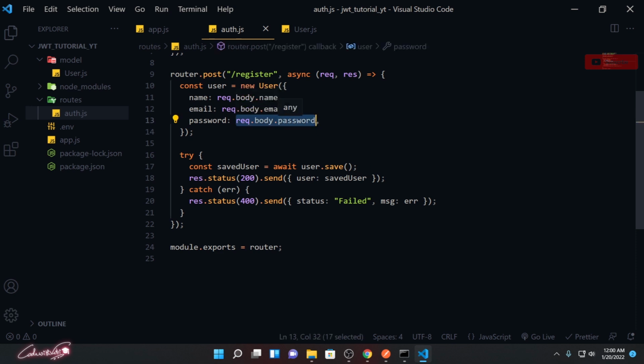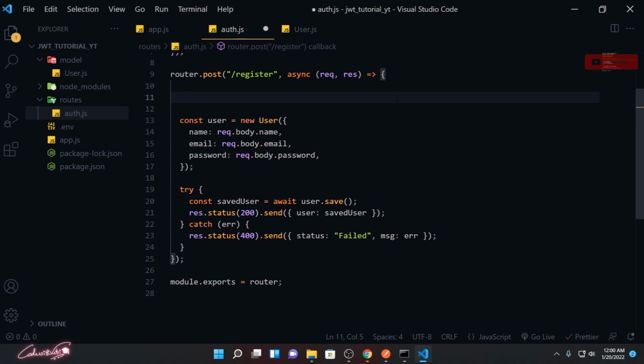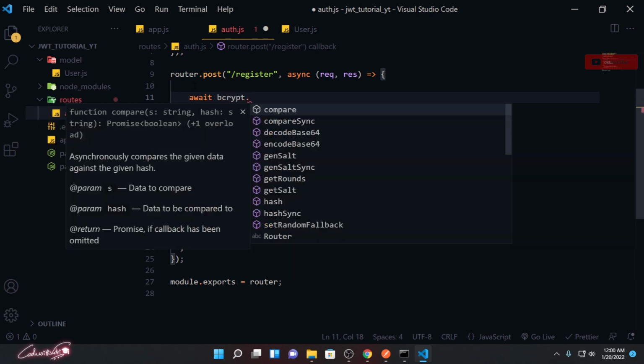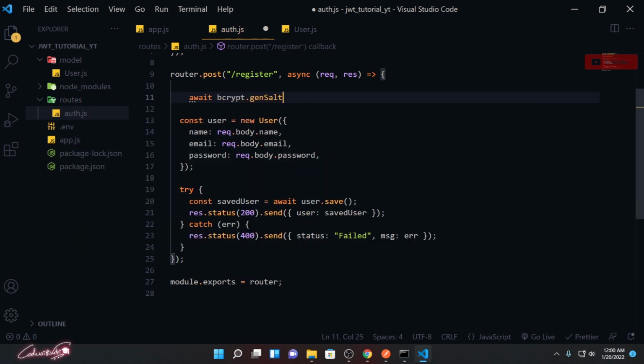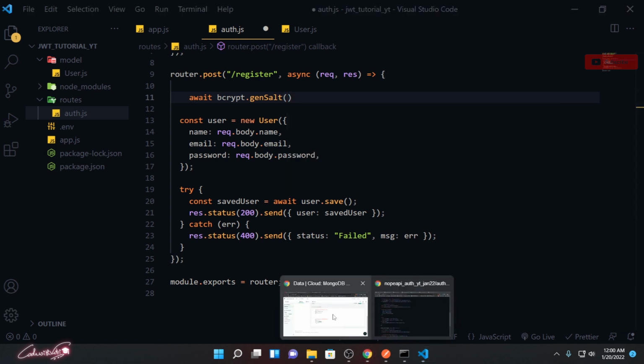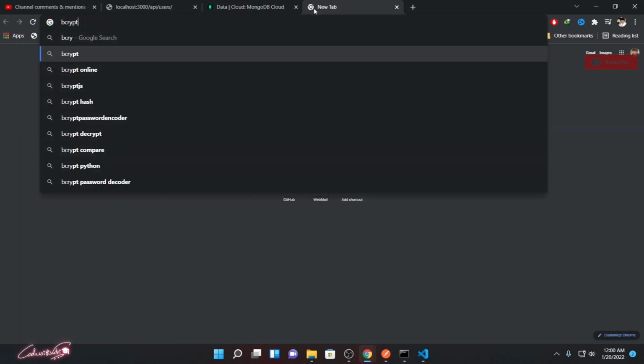Instead of setting the password directly, I need to get the password and encrypt it. To do that, I'm going to use await bcrypt.genSalt.